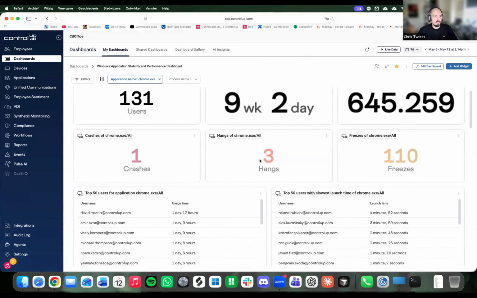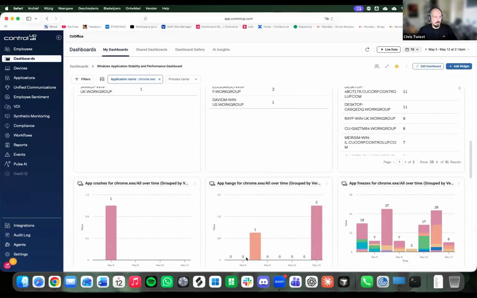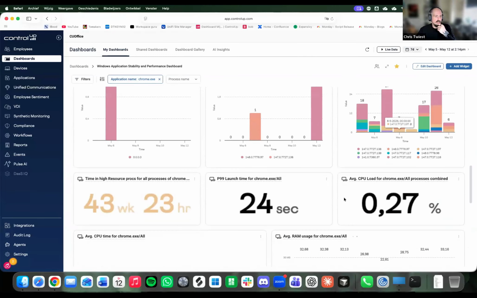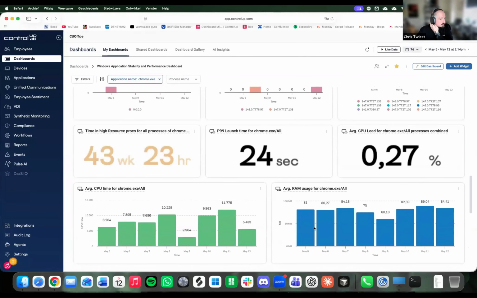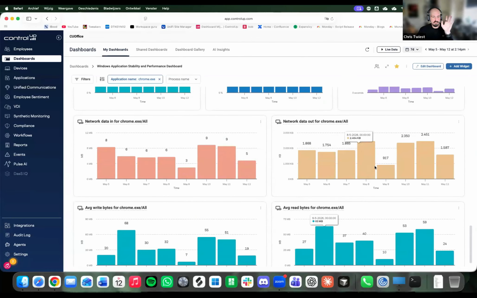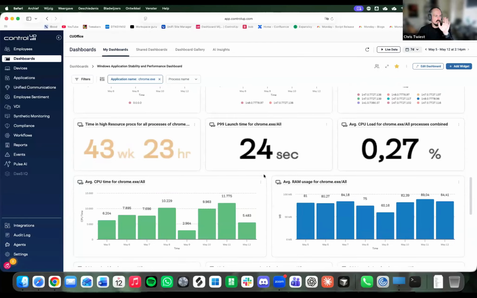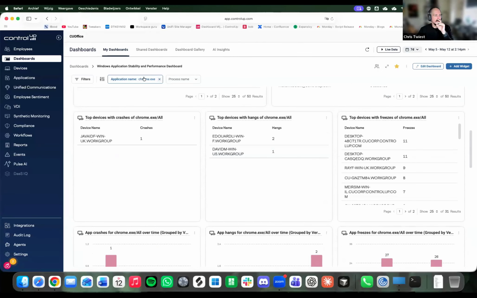We show crashes, hangs, and freezes. We'll show the versions that are hanging and crashing. We'll show launch times, RAM usage, process time, and network data averages and totals of the application. So it's really to deep dive applications. This dashboard is coming this Sunday.